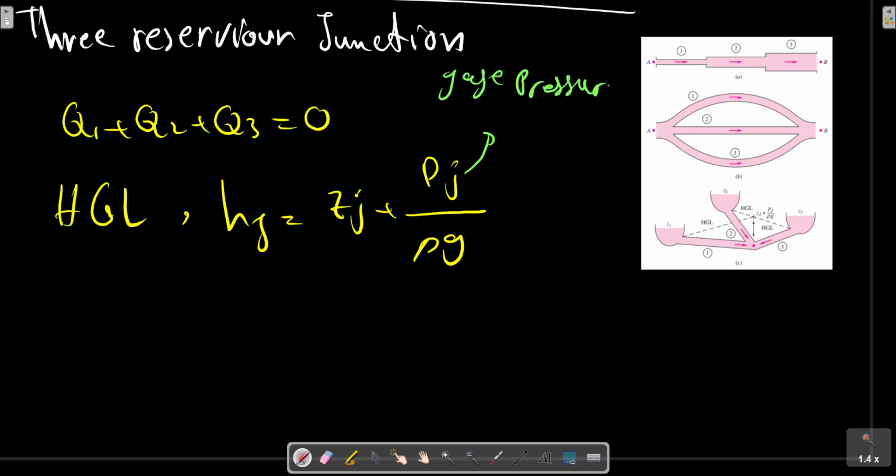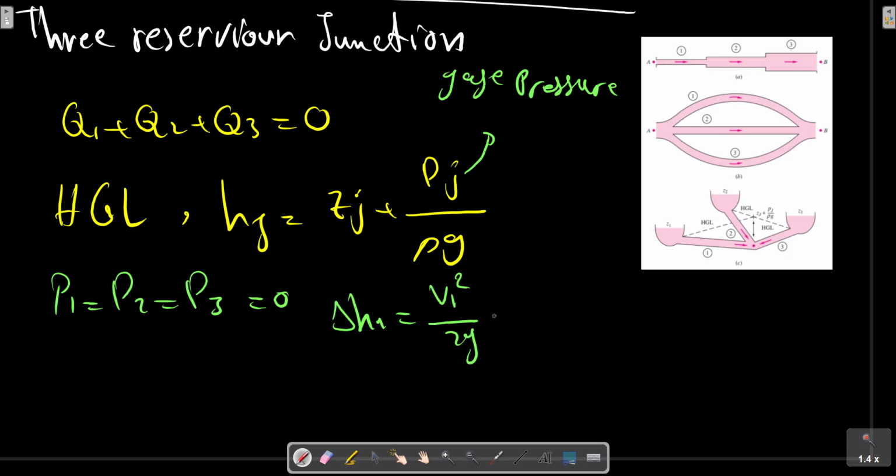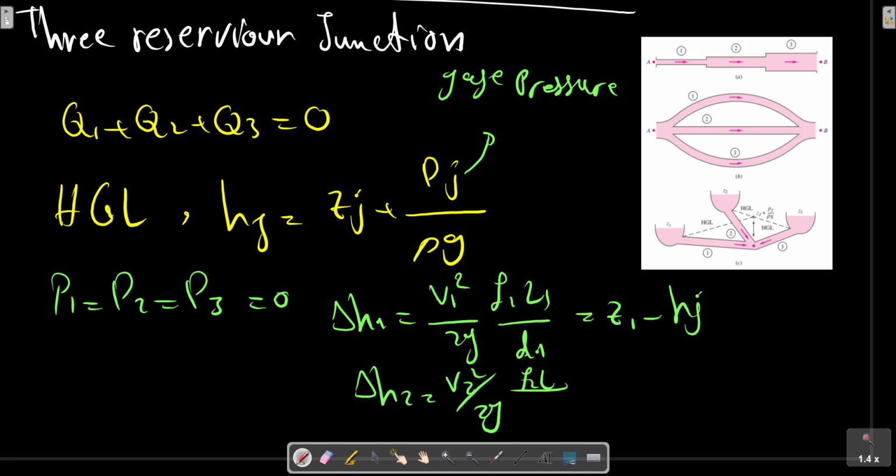Then the head losses through each pipe, assuming that P1 as gauge pressure equals 0 at each reservoir surface, must be such that delta H1, and also delta H2, and for the third pipe and reservoir we have